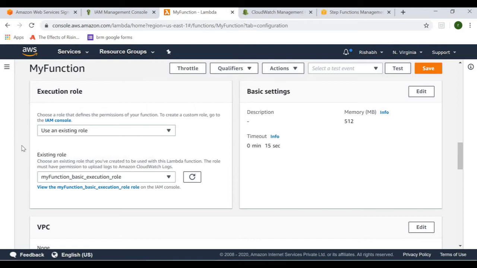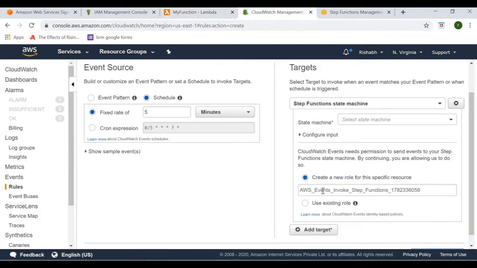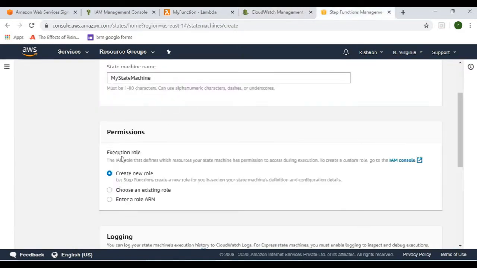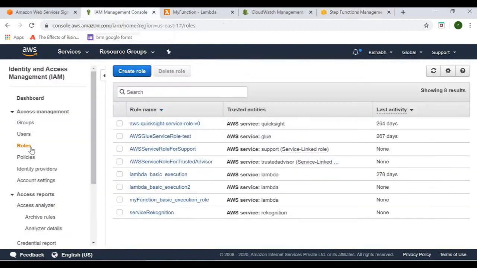Basically they want a role that has access to perform a particular operation. So we can create a role and assign it to a Lambda. We can assign it in a CloudWatch target. It also requires a role, or even in Step Functions, we need to provide a role. So different services in AWS require specific roles.